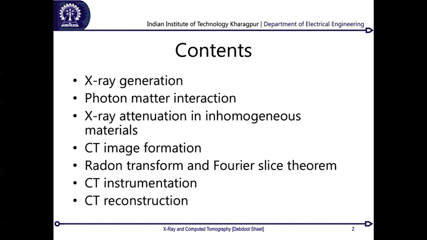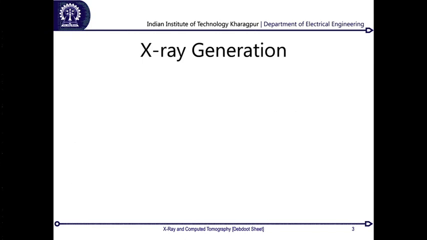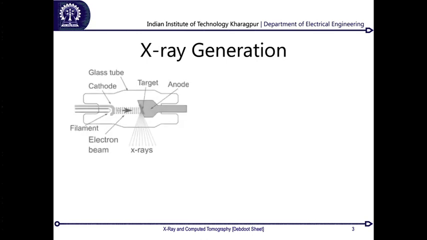So, let us start with the basics over here. The first part is on X-ray generation. How it works out is, this is a bit of that first year engineering level physics where you had studied X-rays at some point of time. So, I will just be giving you a very brief summary and a very fast walkthrough of what happens over